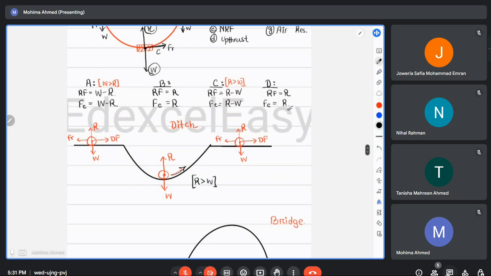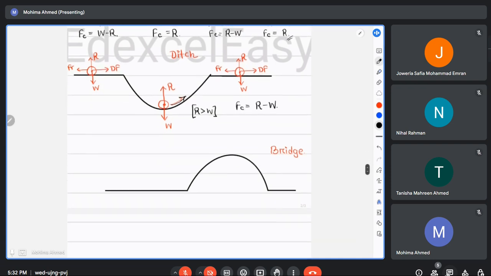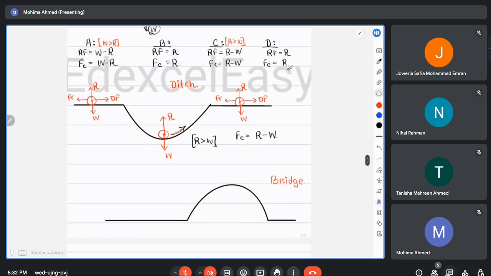And then again, when it was moving down the plane also, reaction force was supposed to be greater. For this entire ditch scenario, reaction force at the end has to be greater than weight in order to make it pass through this entire ditch structure, a ditch type of canal or structure that is present on the road. These are again vertical circular motion concepts. In this situation, the centripetal force would be reaction force minus weight. And again, on the other part, the bridge situation,